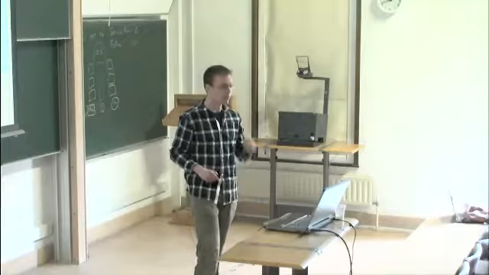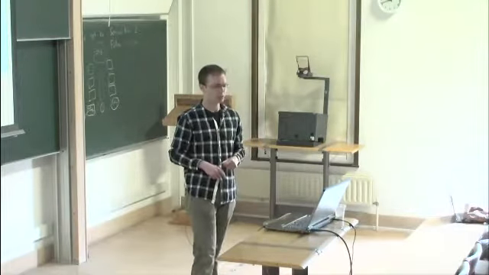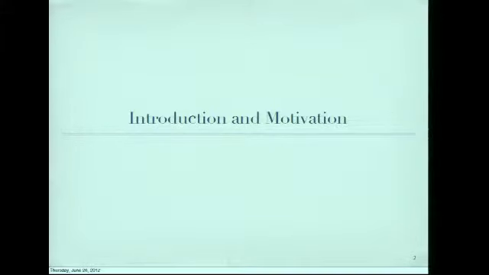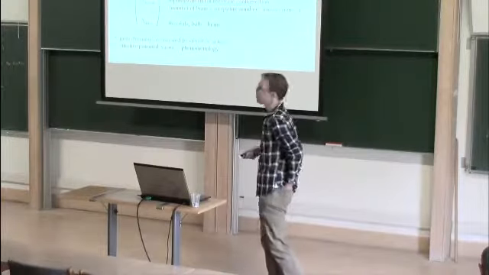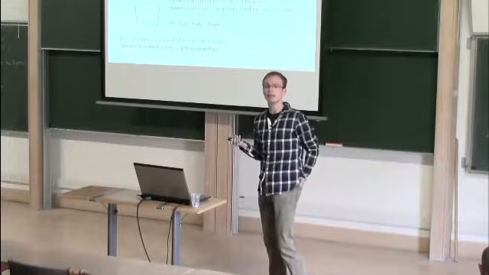what Miriam and also what was used yesterday, but it will be a bit more landscapey in some sense. First of all, we start with some fundamental theory, let's say F-theory for this talk, and we want to compute the Wilsonian effective action. So what does that mean? That means that we actually have to integrate out massive states. We not only drop them, but we actually have to integrate them out to derive the couplings in the effective